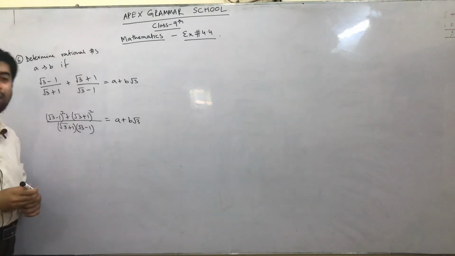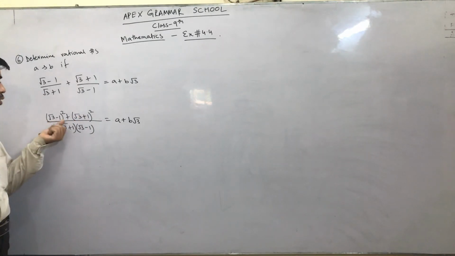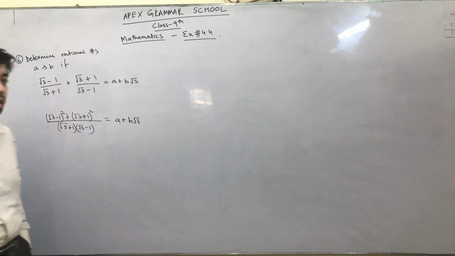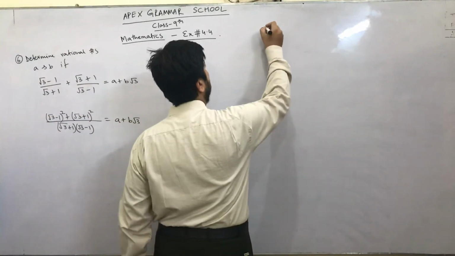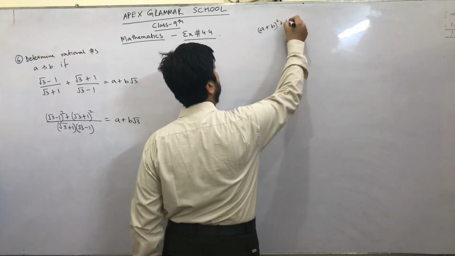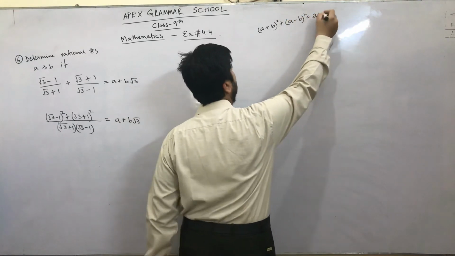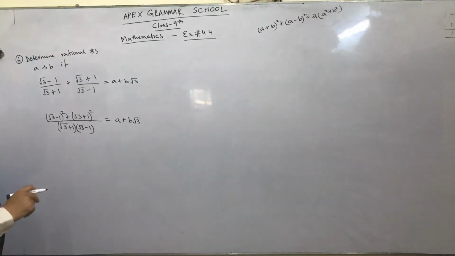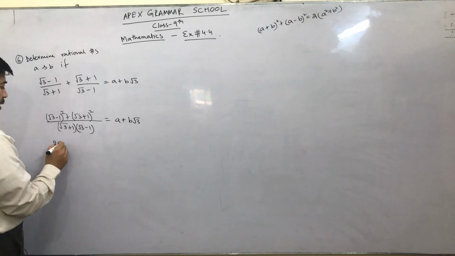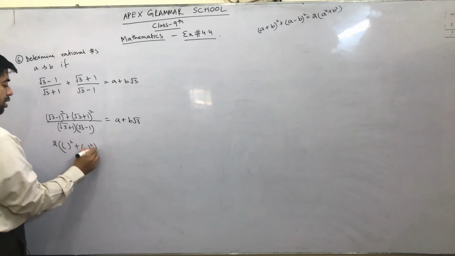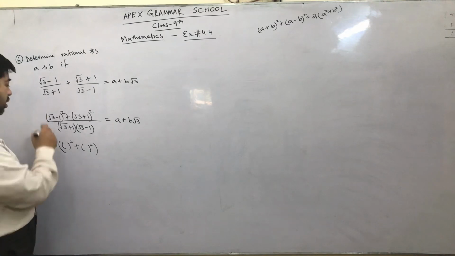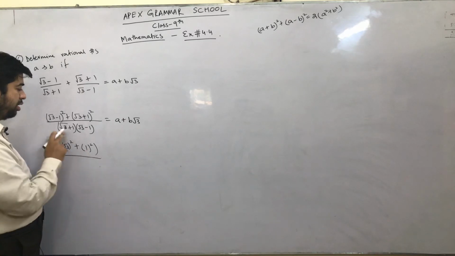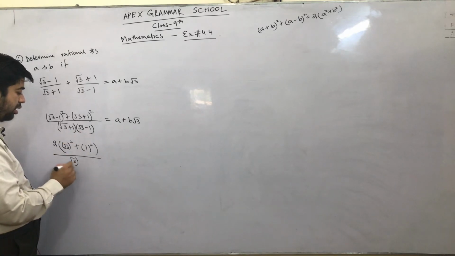You can see that again this is going to be A minus B whole square plus A plus B whole square. So what will be that? In the previous question you already saw that A plus B whole square plus A minus B whole square is equal to 2 into A square plus B square. Same is the situation in the numerator here. So 2 into A square plus B square. What is the value of A here? That is square root 3. What is the value of B here? That is 1.